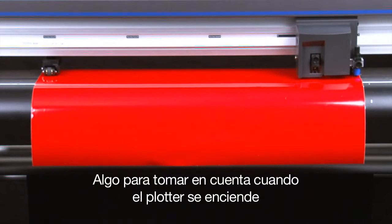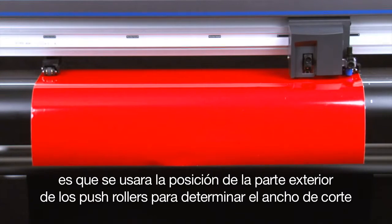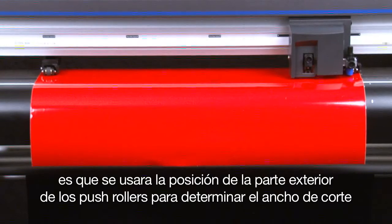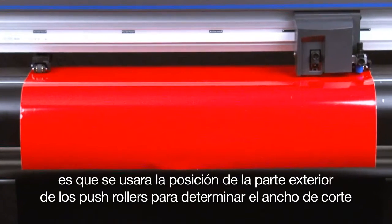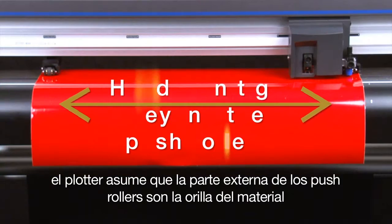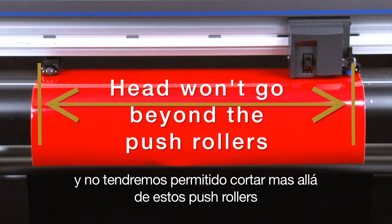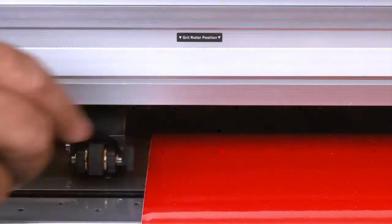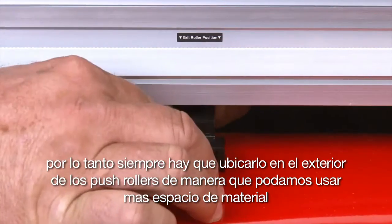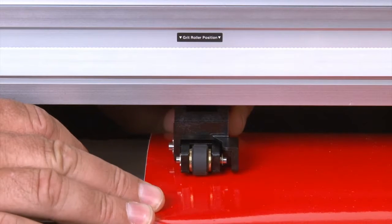As you position the push rollers, keep in mind that when the cutter initializes, it will use the position of the outside push rollers to determine the cut area width. The cutter then assumes that the outside push rollers are at the edge of the media and will not allow the cutting tool to go beyond the push rollers. Therefore, always position the outside push rollers so that they are on the outermost edges of the media, yet squarely